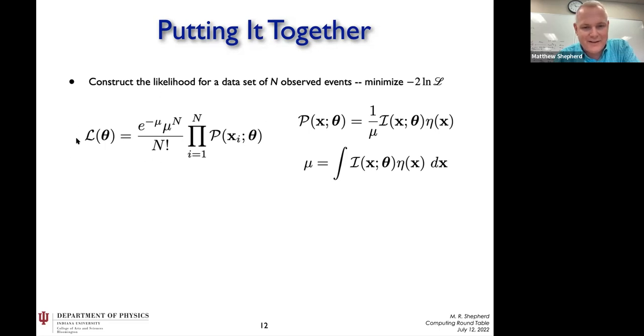Okay, so this is the likelihood expression that we're going to work with. This is so-called extended maximum likelihood, where this is the Poisson distribution that normalizes all the various terms, and then I take the product over all the observed events of the probability of observing them. This has to be a properly normalized PDF. So if I want to do that, I need to